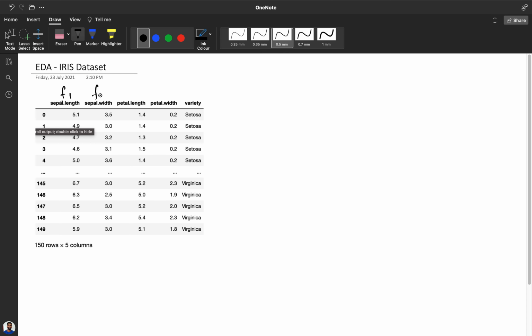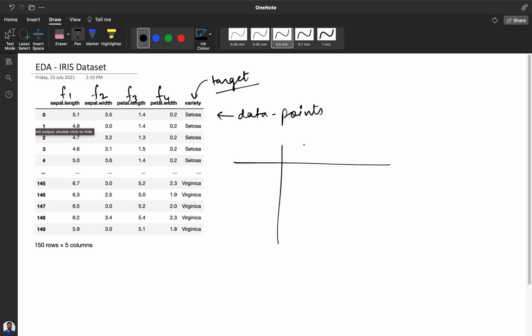We have sepal width, our feature 2, petal length feature 3, and petal width feature 4, and this is generally referred to as the target. These columns are called features in our data, and the rows are called data points. Suppose you have a table like this, then over here the features will be there and over here the data points will be there.